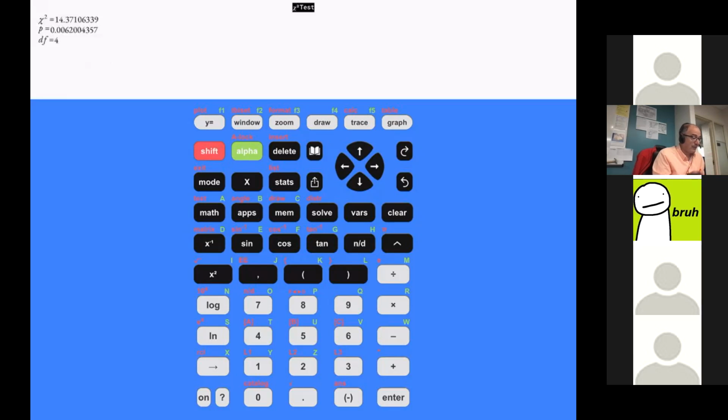So that's actually pretty high. Yes, that p-value is representative of that. It's 0.006. My degrees of freedom was 4, so that means that it was even less skewed. Okay, so just a lot of things were going into this. So that means that I am ready to